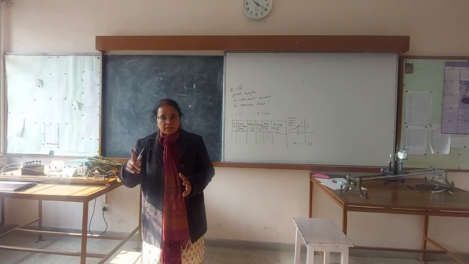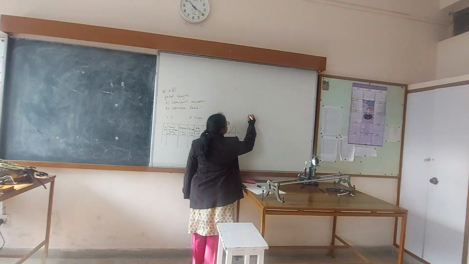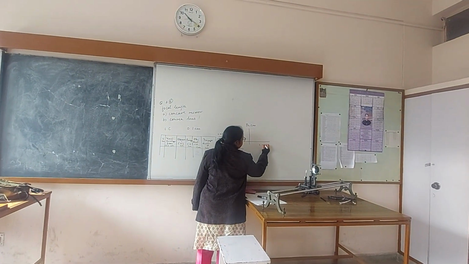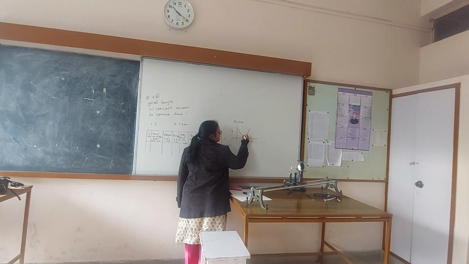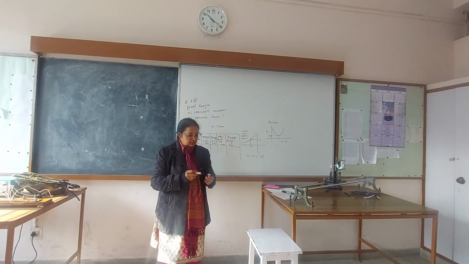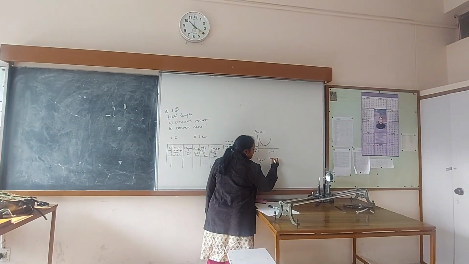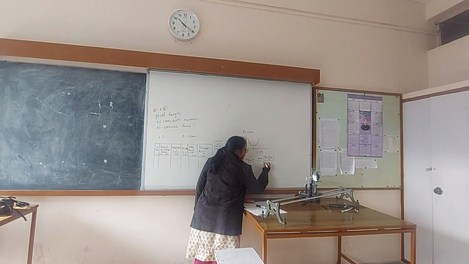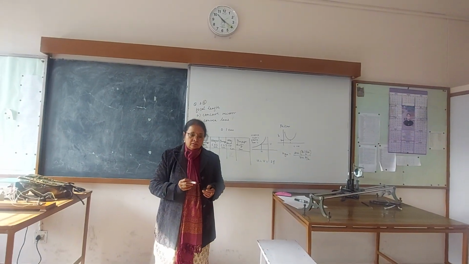Okay, so that is why it's important to plot a graph. What kind of graph do you get? X-axis i and here delta. This is the graph. So this point of minimum deviation is unique for each prism, and that's the reason the accuracy of the value of the refractive index, which will be sin (A plus delta M) by 2 divided by sin A by 2, is quite high. Okay, clear?